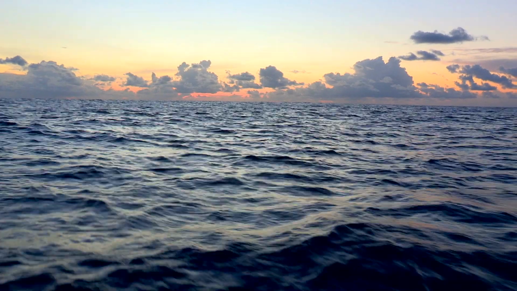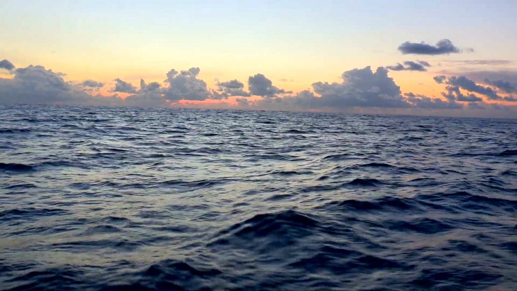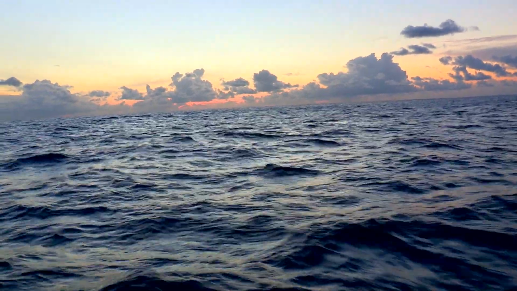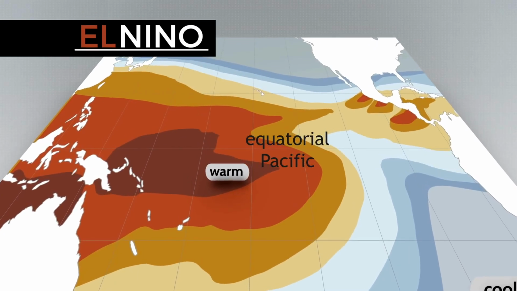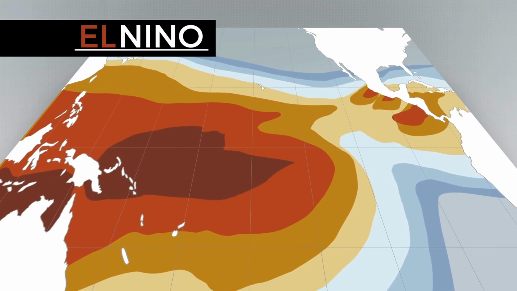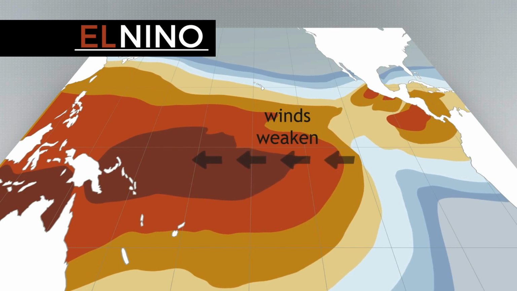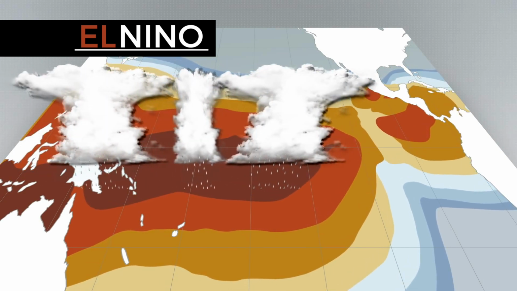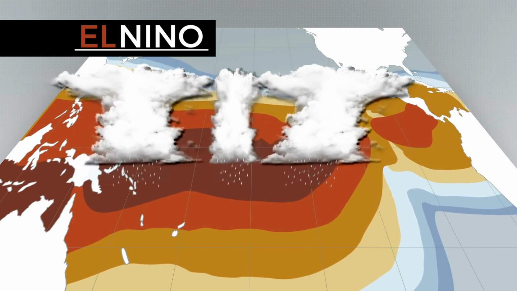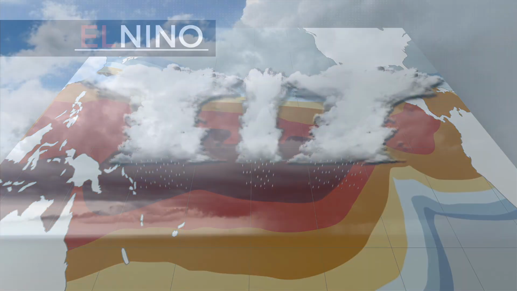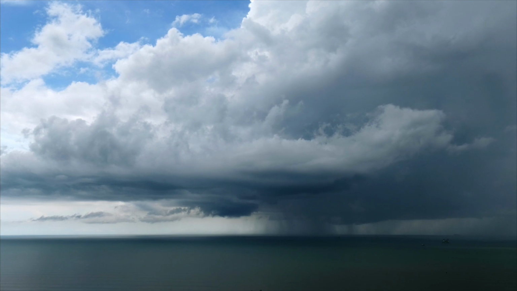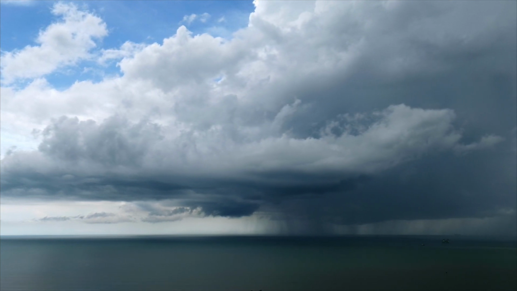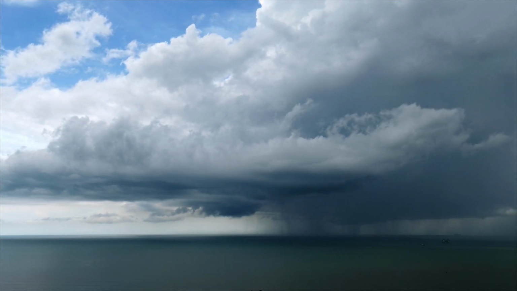Some of these ocean patterns are well known. You may have heard of the El Niño, which is a large area of warmer than normal water that develops in the Pacific Ocean near the equator just west of South America. El Niños put a lot of warm, humid air into the atmosphere. And as you've learned in previous IQ weather lessons, warm and humid air is lighter than cold air, so warmer water promotes lower pressures in the atmosphere above.